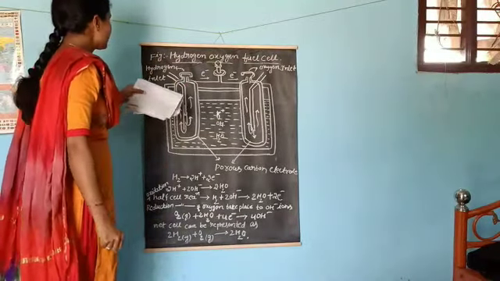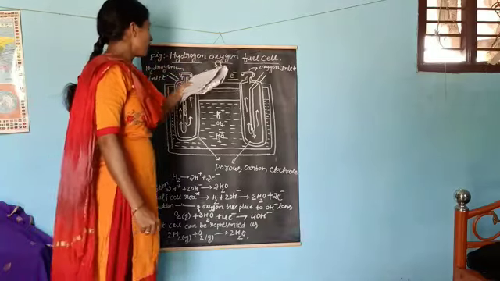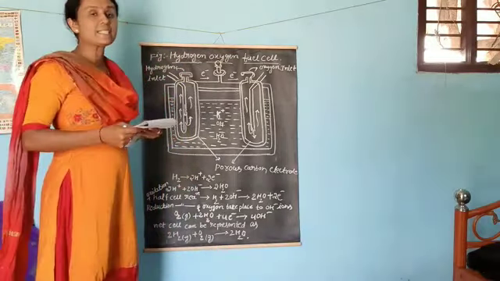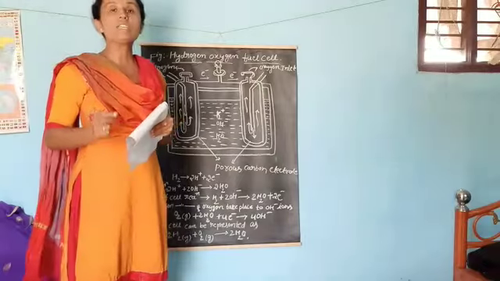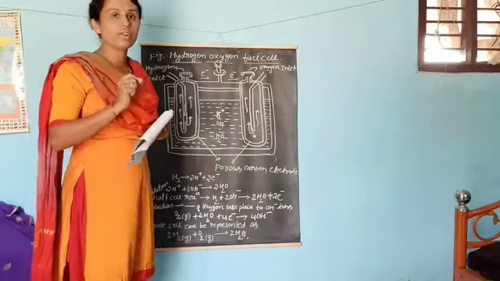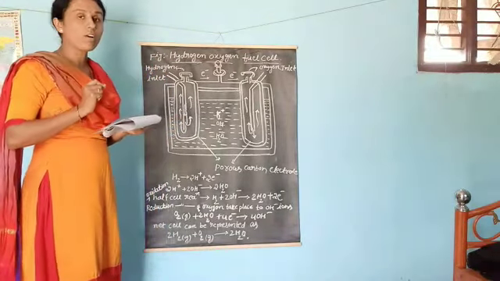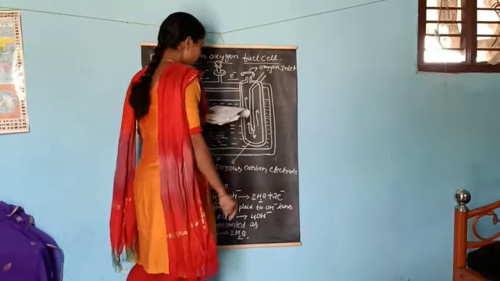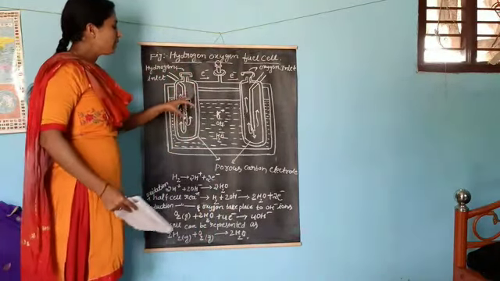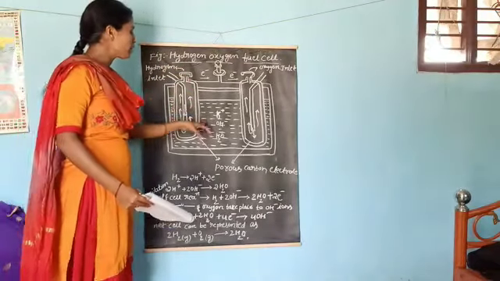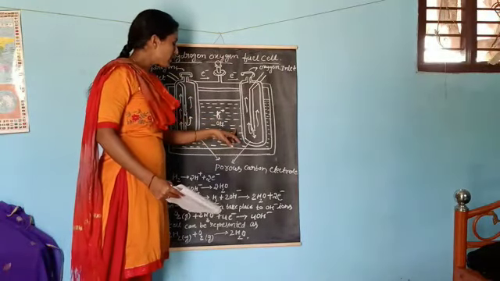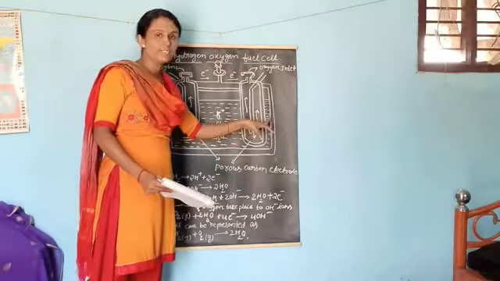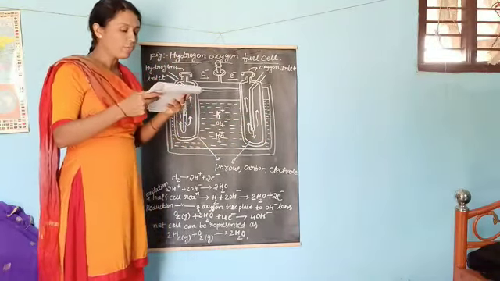Some of the fuel cells contain hydrogen and oxygen as fuels. A common type of fuel cell is based on the combination of hydrogen and oxygen to give water. That is called the hydrogen oxygen fuel cell. That is the hydrogen inlet and then the oxygen inlet. In the common type of reaction, both hydrogen and oxygen are present and end up as water. That is called the hydrogen oxygen fuel cell.